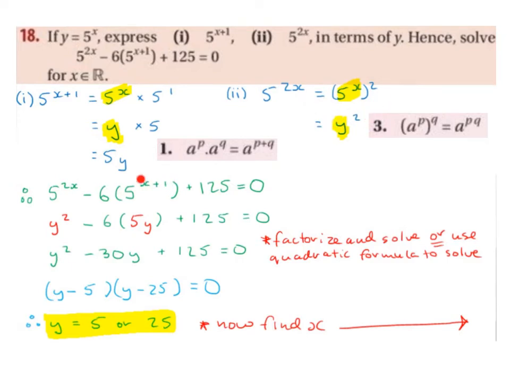I'm going to swap the 5 to the power of x plus 1 for a 5y, because that's what I found 5 to the power of x plus 1 to work out to be in terms of y. I'm going to bring down the minus 6, the plus 125, and the equals 0. So it ends up to be y squared minus 6 multiplied by 5y plus 125 is equal to 0. Then I multiply out the minus 6 by the 5y to give me minus 30y, and I'm left with a